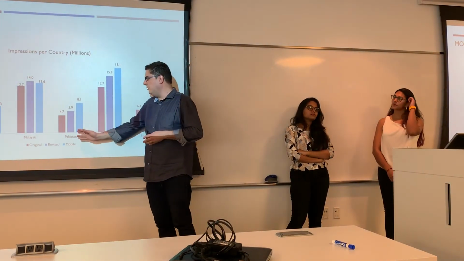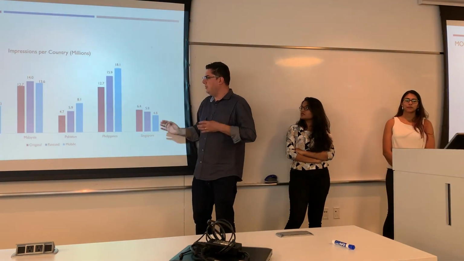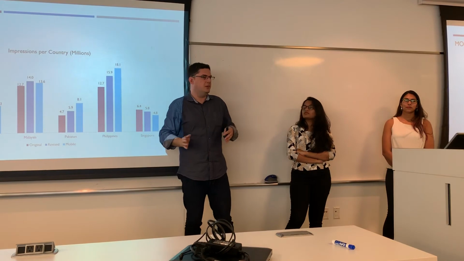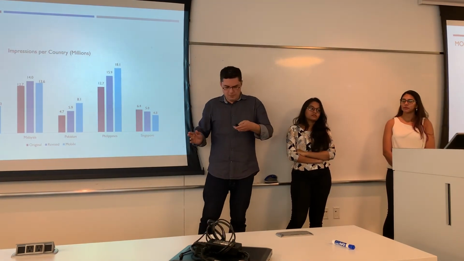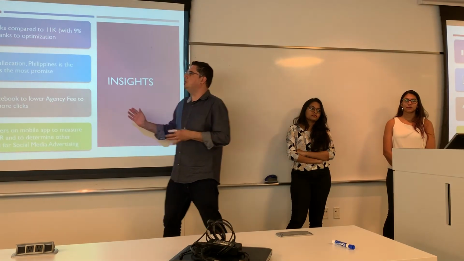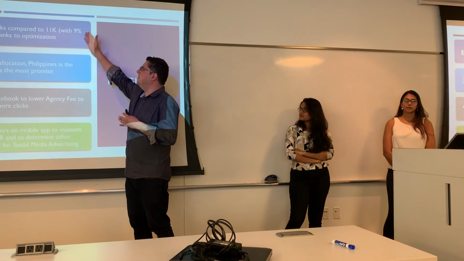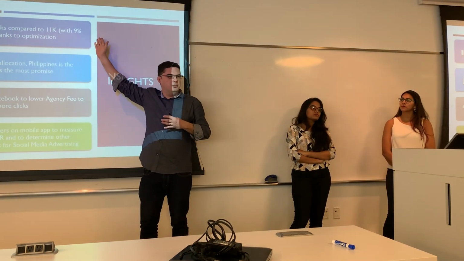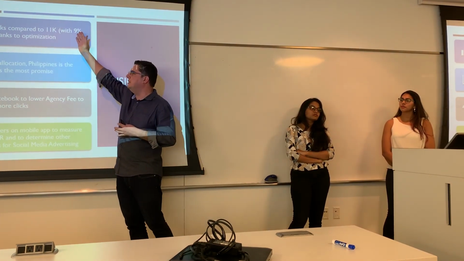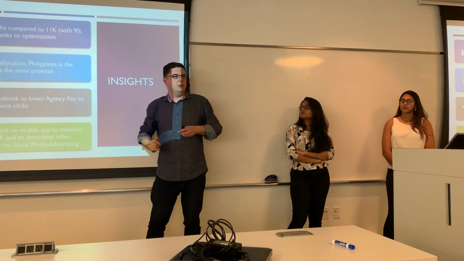And what we saw is an increase of almost 50% in the number of impressions with the same budget. So for us, it was very interesting to see that, because of the loss from the 9% fee for the marketing agency, we got almost the same amount of clicks with 90%